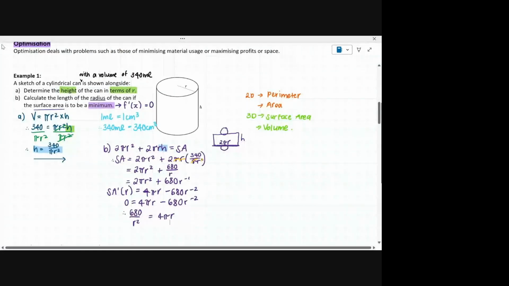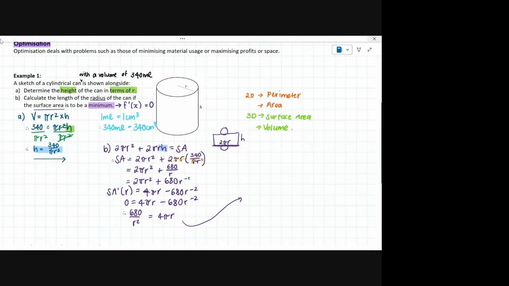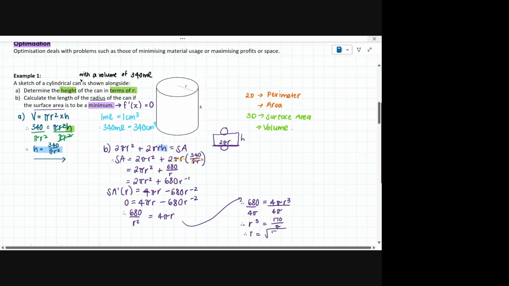I've obviously run out of space, so let's carry on up here. Times both sides by r squared gives you 680 equals 4 pi r cubed. We want to get rid of that 4 pi, so we're going to divide both sides by 4 pi, which means that r cubed is equal to 680 divided by 4, which is 170 over pi. And to get rid of the cubed, we cube root. So r is equal to the cube root of 170 over pi, which is 3,78